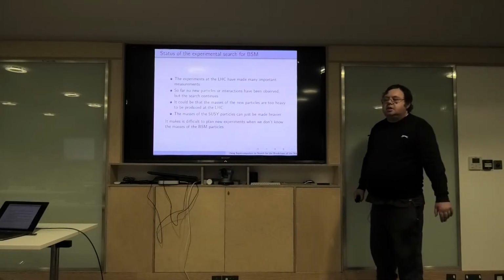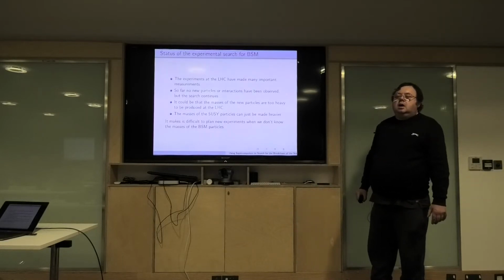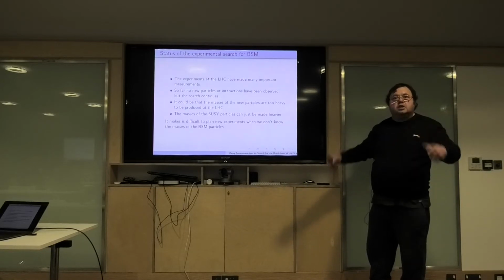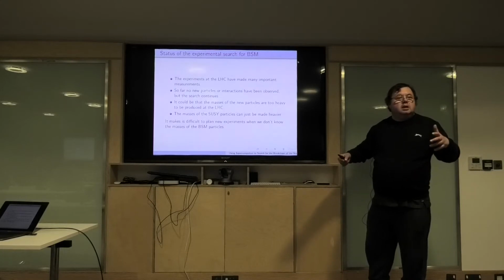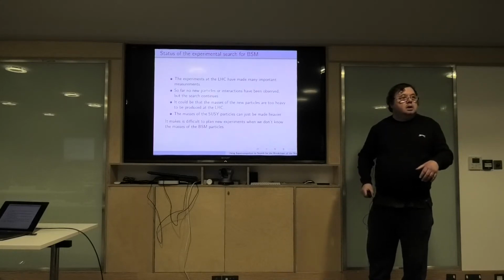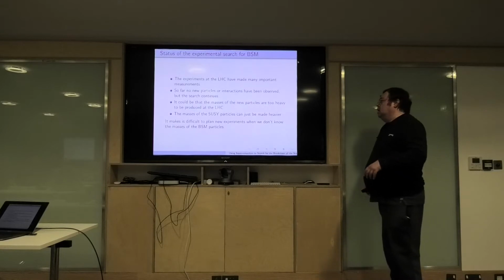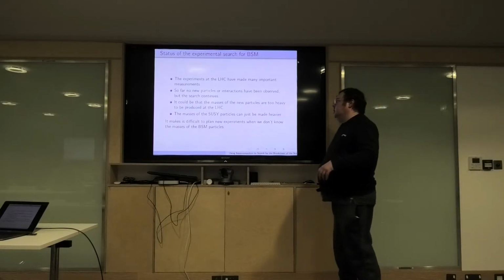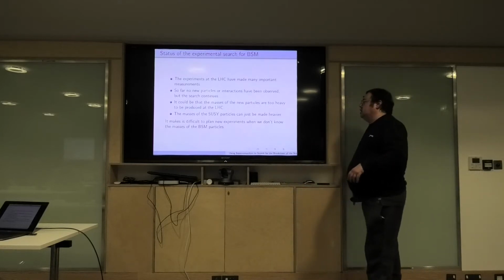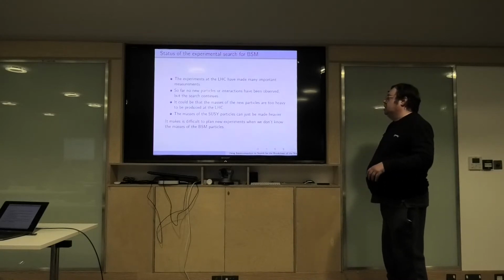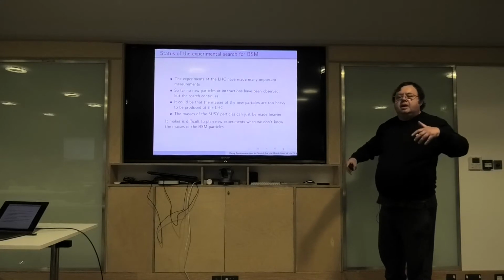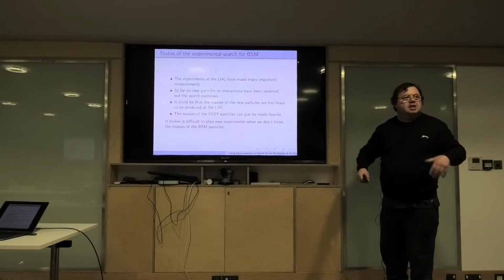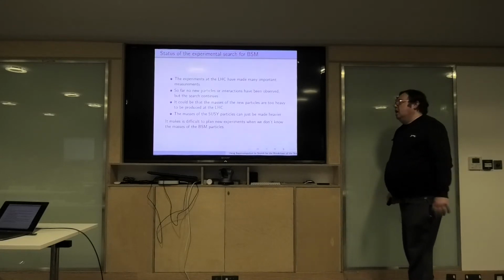Well, as I said, the supersymmetry particles just could be too heavy. At the LHC, we have a certain energy, you smash particles together, and if you don't have enough energy, you can't create these new particles. So there are theoretical reasons, and essentially you say, well, maybe the SUSY particles should be made a bit heavier. Particle physics is a bit more complicated than that, but essentially you just make the particles a bit heavier.